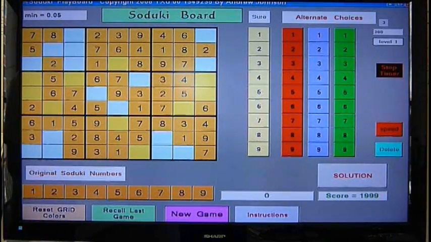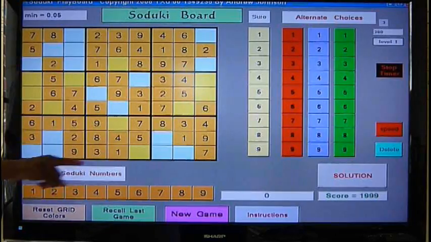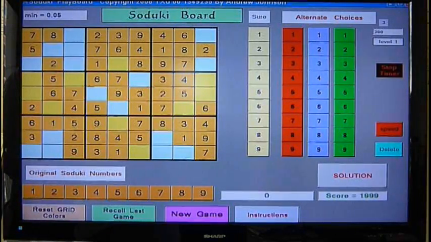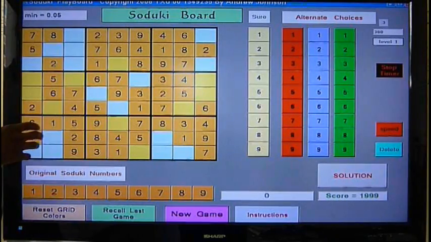Soduki is a 9x9 grid made up of 9 squares along each side. Soduki is like one big matrix made up of 9 subsets of matrices. Here's a matrix of 9 sets. I'm going to call these squares or boxes,